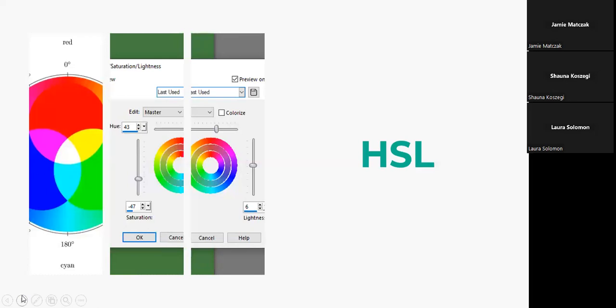I don't need to know that. But saturation is essentially how colorful the color is. So 0% saturation means the color will just be some shade of gray. There's essentially no color. It's colorless. While 100% means it's going to be a full strength of whatever that color is. So if you want to mute your color or make it pop a little more, you can just change the saturation value. And the last one, the L, is for lightness, which is how dark or bright the color is.